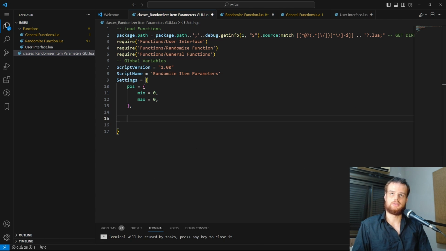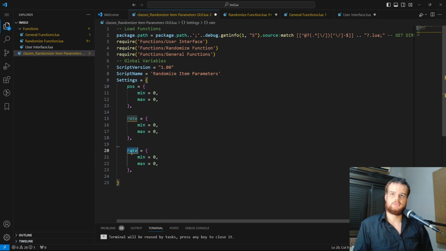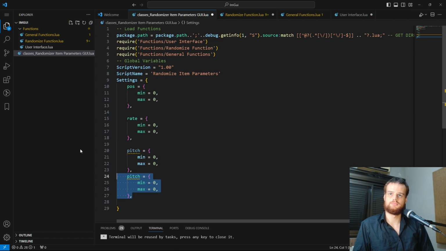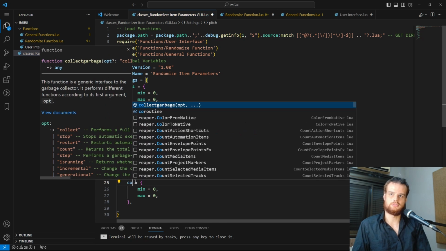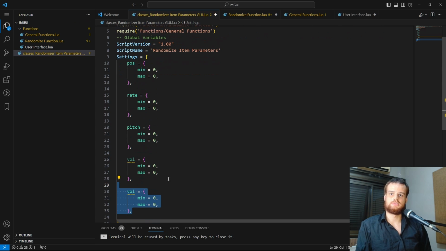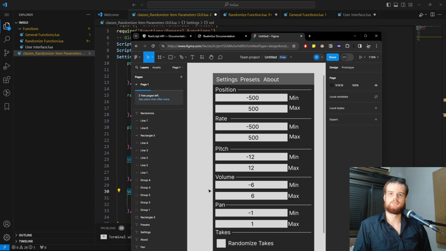Next thing is rate equals table, minimum equals 0, maximum equals 0, and comma. Let me just copy this. Rate, and now pitch, and now volume, just vol, oops, vol. And now pan,